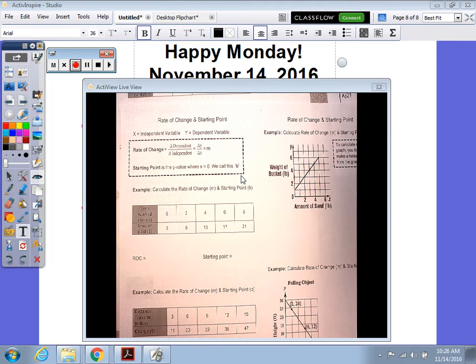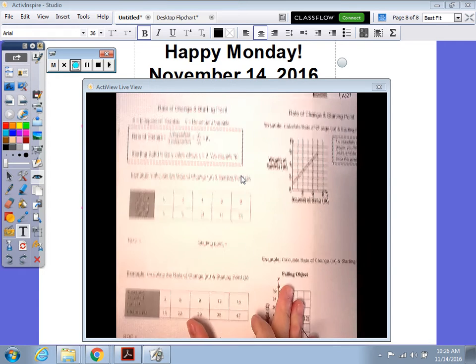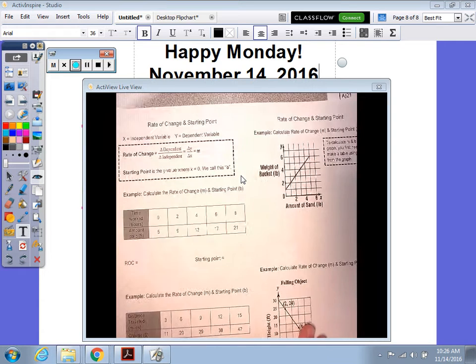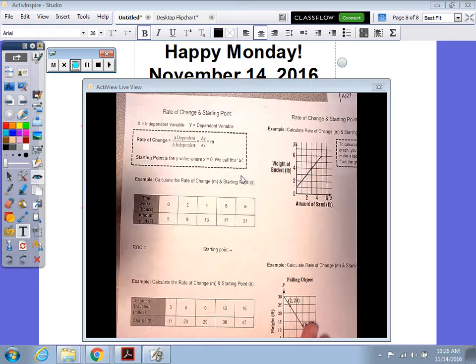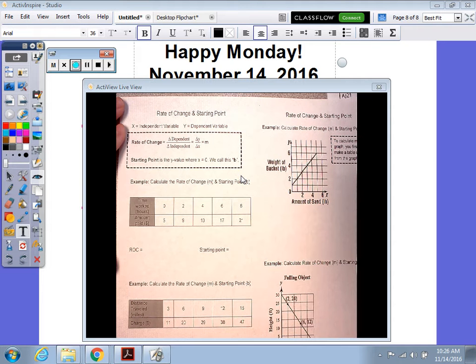Okay, so I'm going to go back over the notes we did on Friday. I'm going to finish them, and then we will do practice tomorrow in class. But rate of change and starting point, these are for graphs that don't have a line that starts at the